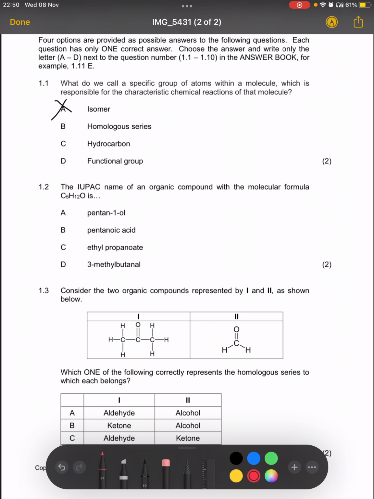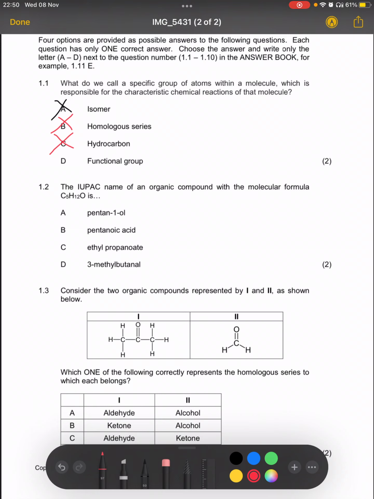It's a homologous series, which is a series of organic compounds that can be described by the same general formula, or in which one member differs from the next by a CH2 group. And there's nothing being said about that. So definitely that is not the right answer. Then you look at a hydrocarbon. That is a compound containing carbon and hydrogen only in their main structure. Still doesn't explain that. So you have 75% of the answers, and